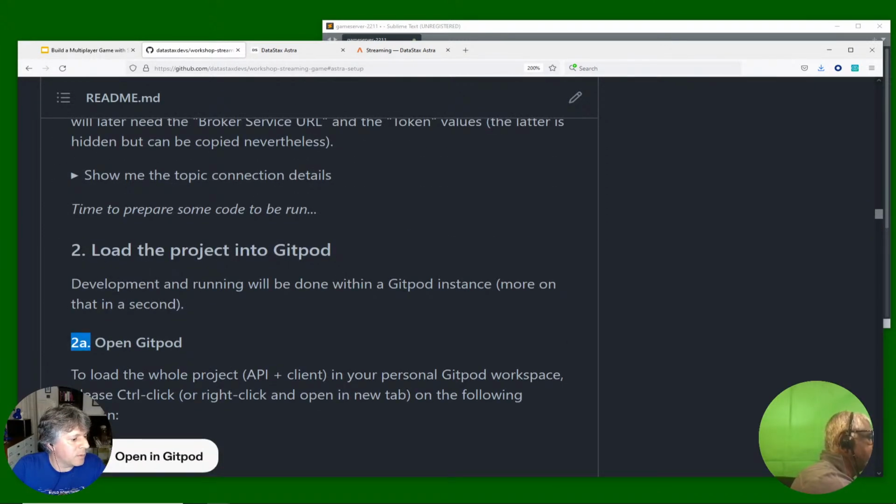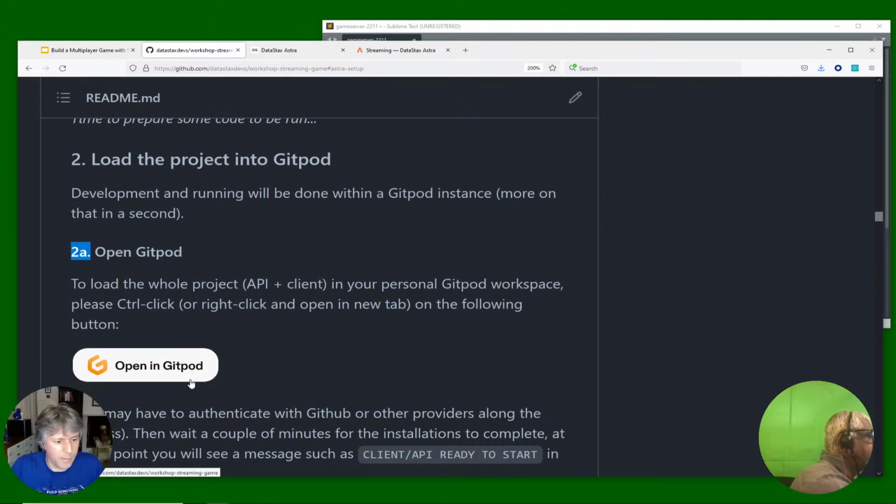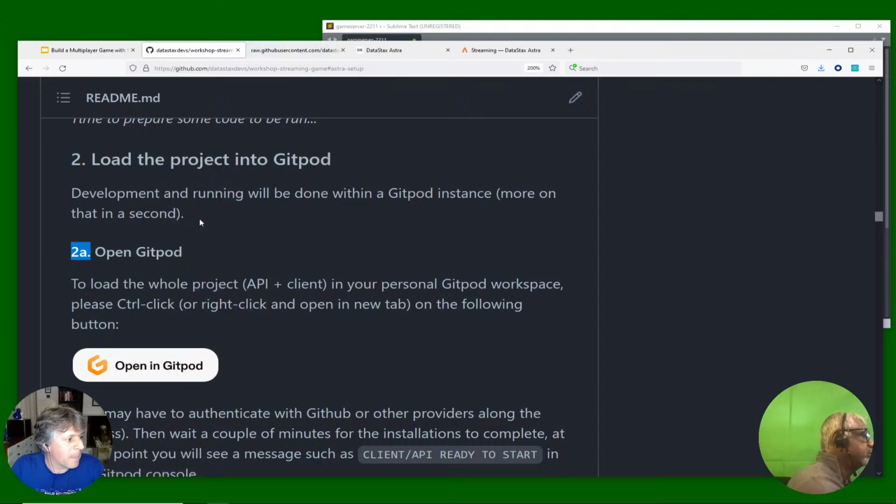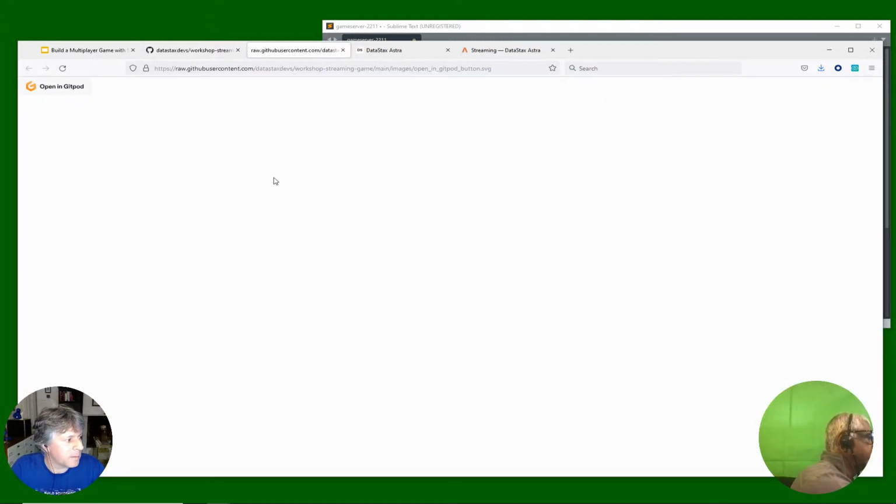So we want to take this repository, in particular the code, and I want you to start your own IDE browser tab where you will be running the code and looking at the code. If you click on this open in Gitpod, maybe I suggest you right click and open in new tab. What happens? Something very cool happens, because Gitpod,